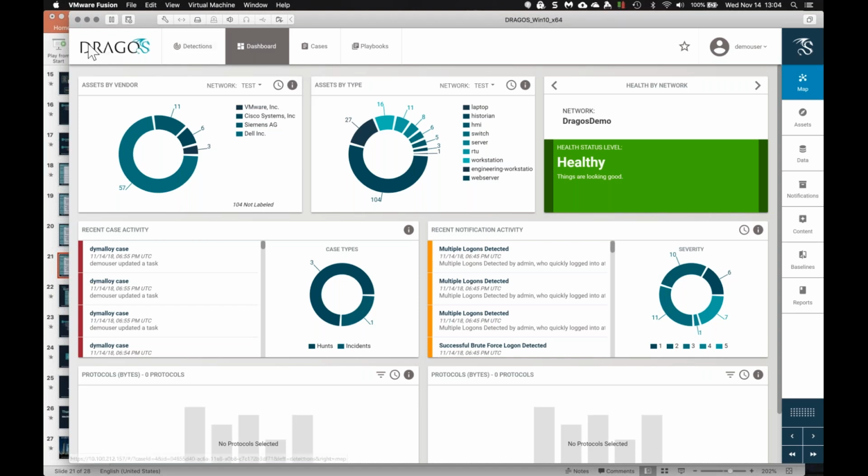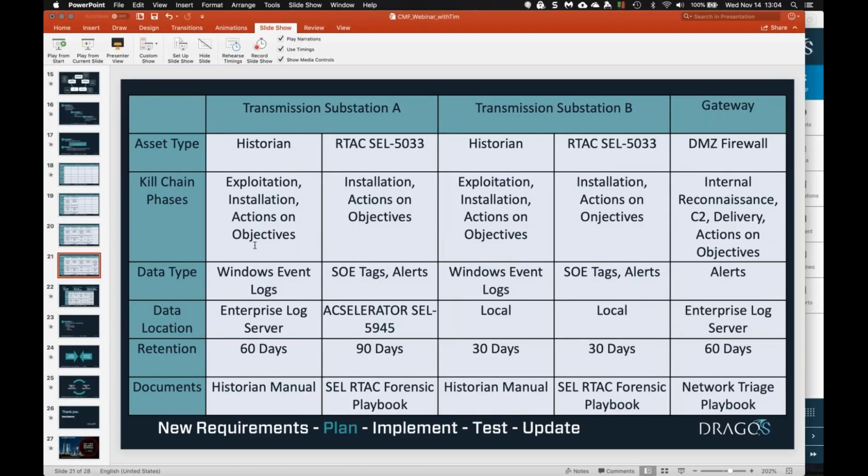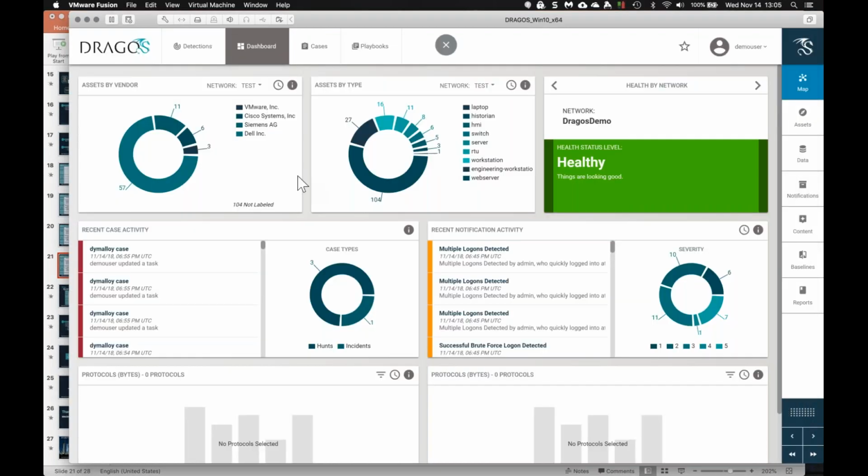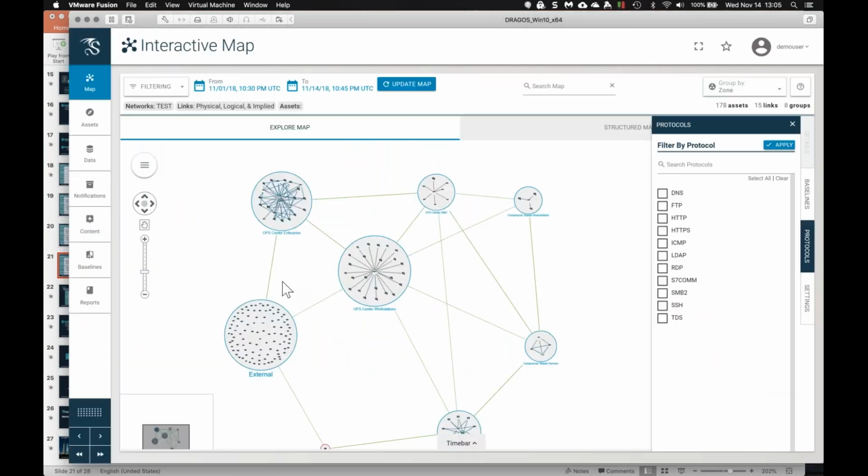So initially, I think a good practice is to validate what the information is. Retention can certainly change. If I'm aggregating logs to a central server and I update my other transmission and now I'm aggregating these logs to the same server, I'm using more resources, and so my retention may go down. So periodically, I think it's worth it to come into whatever device you happen to be using and to validate